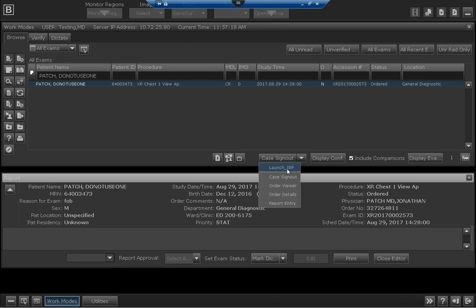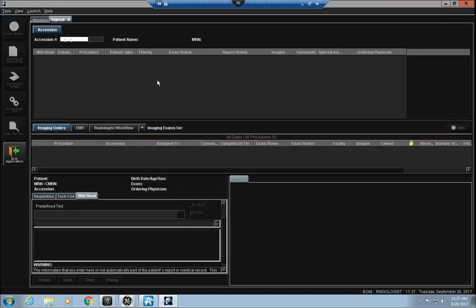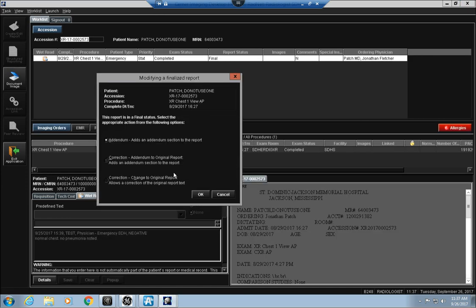It's not doing it automatically right now because we're in a different version of Cerner that we won't be using at Go Live. So I will make believe, pretend that this is actually happening. So I've clicked on Case Sign Out. Now RadNet then automatically launches, and then the accession number will be loaded right here. In this case, the accession number, and it will automatically bring up the patient's case, and you can see the wet read